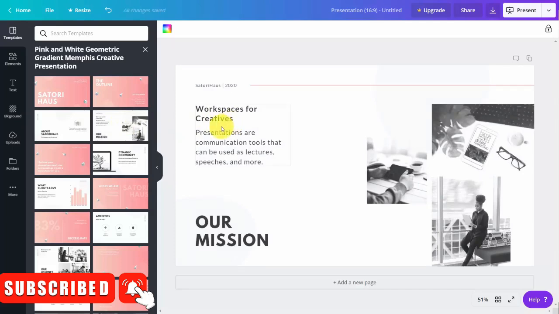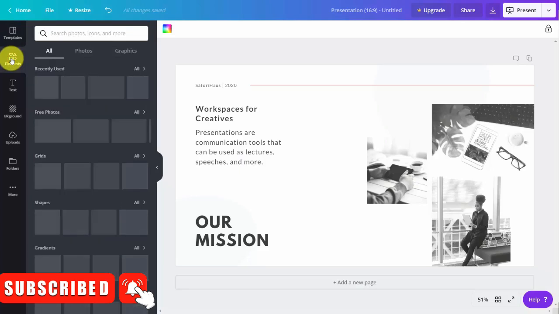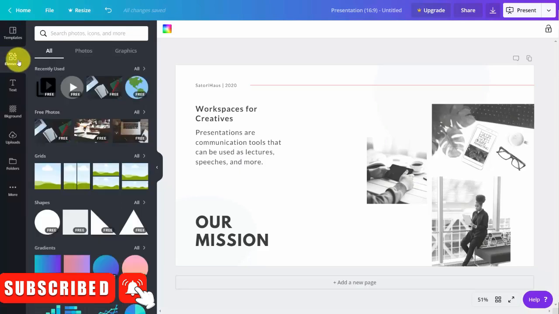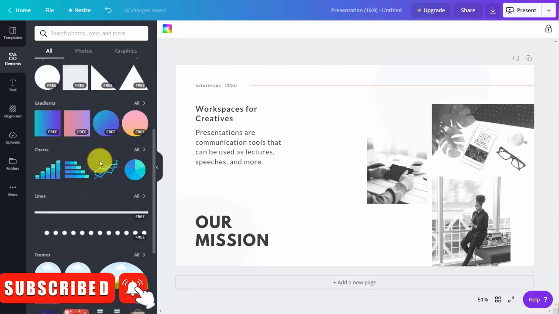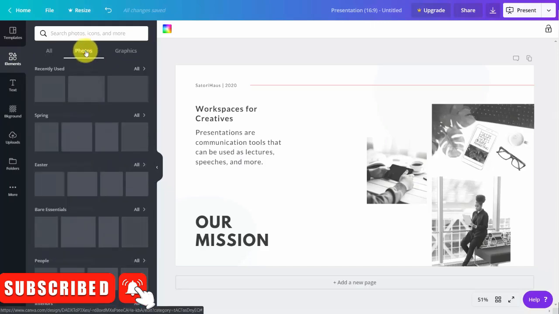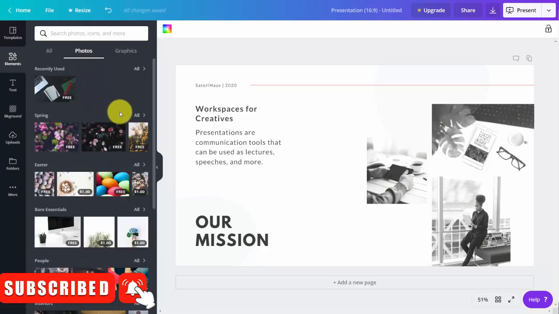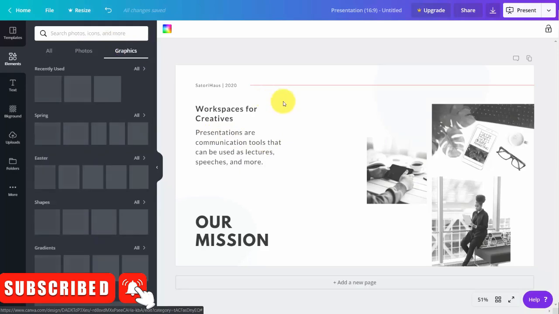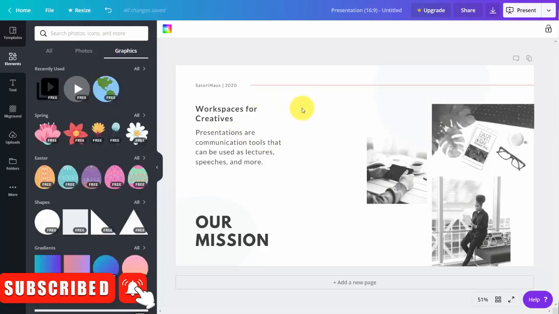That's going to bring one page onto our canvas. What you'll notice at the top left is a tab called Elements. We're going to click inside of the Elements tab. This tab will allow us to bring in certain elements that you'll see here on the left-hand side panel. We can bring in photos, and those will come up and we can add them to our canvas. We can also add in graphics.